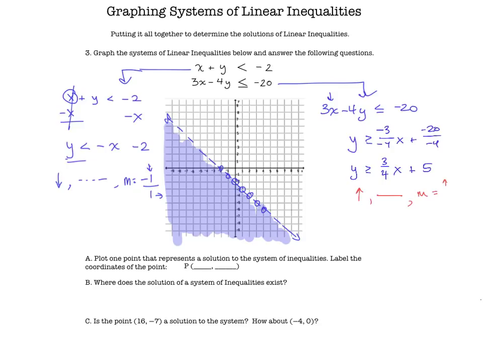So that means positive 3 is up 3, and positive x, the 4 is a positive x value, is to the right 4. So I like to put the arrows there. Everything now I have visualized. So now it's just a matter of going to my starting point, which is at positive 5, and I close my circle. I just put a dot. So I'm going to go up 3, up 1, 2, 3, over 1, 2, 3, 4, and put a dot